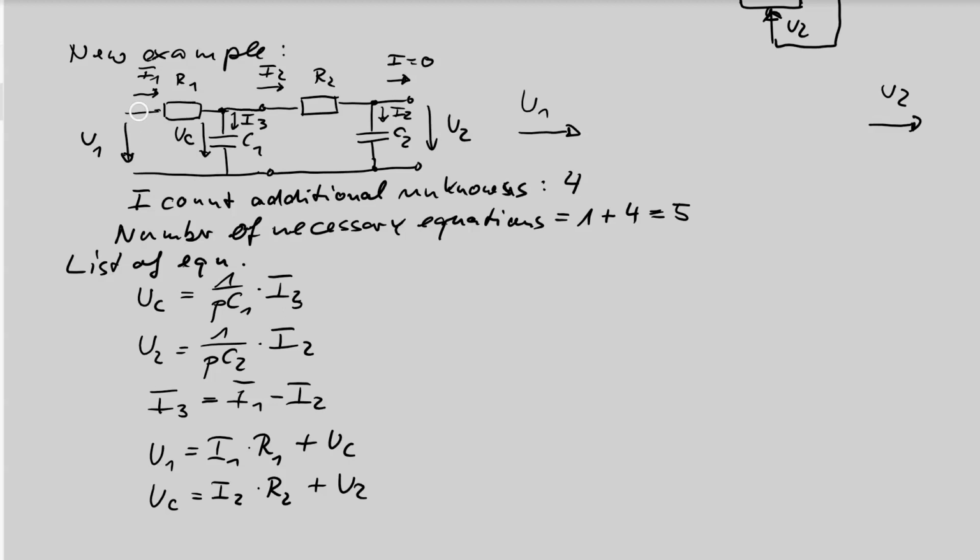Then we have the third loop rule over the complete input-output line, but note we need only 5 equations. If we have 6 equations, we have 1 equation too much. And maybe you can remember in the lecture where we talked about Kirchhoff's laws, we